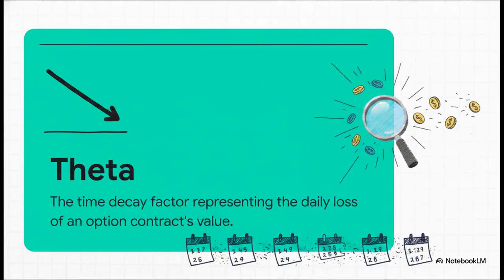Next up is the ultimate villain for the option buyer, Theta. Theta represents time decay. It is the silent, invisible force that reaches right into your pocket and takes money out every single day. Yes, even over the weekends. You see, unlike buying a stock that you can basically hold forever, options have an expiration date. Because of this, time is working completely against you. If you buy an option and the market just chops around sideways, doing absolutely nothing, you are still going to lose money. Why? Because Theta is slowly, continuously bleeding your premium dry.